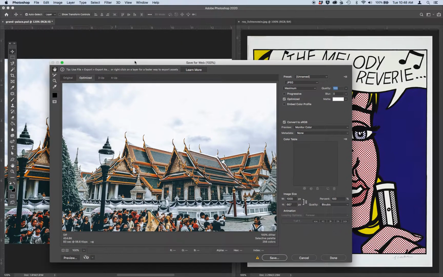So I have two images open in my Photoshop right now. One is an image called grandpalace.psd, and this is a photograph. And the other image is called roylichtenstein.jpg, and this is an illustrative flat image. So we've got a photo and we've got a flat color image. Once you have Save for Web Legacy open, I want you to open it first to the photograph,